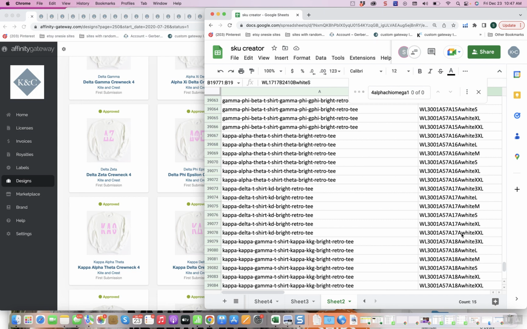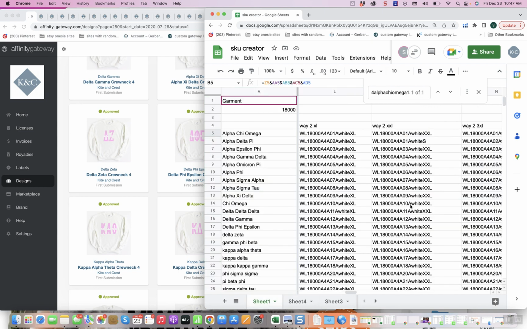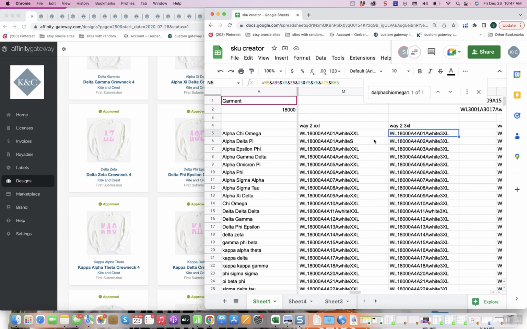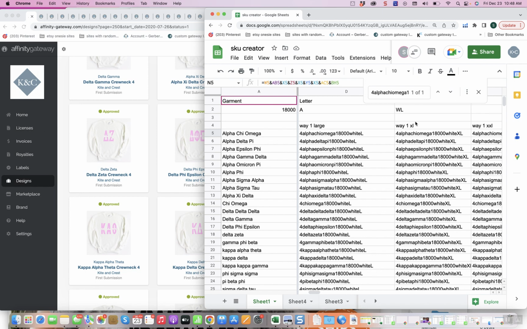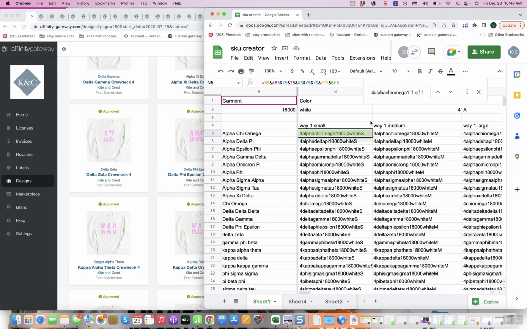Yeah, like here's way 2, like the WL, you see? And then here, you have the WL, 18,000, etc. But for these here, you're just going to be way 1, so you don't worry about way 2 or way 2.5 right now. So basically what you'll do is make sure the artwork number's right and the garment's right, and then